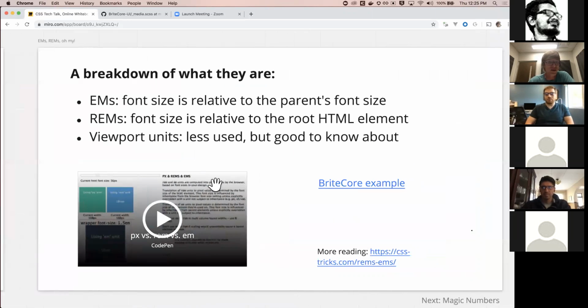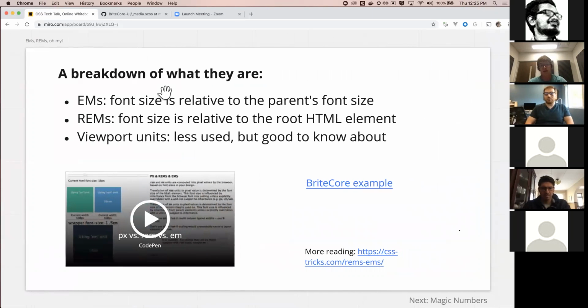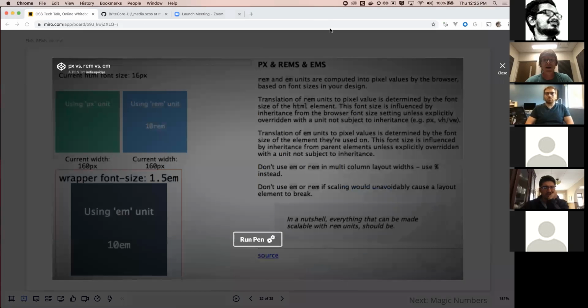So what are these units? It's kind of weird, right? If you've never seen these units, this will probably be kind of hard to wrap your head around. But the important thing to know about EMs is that they are relative. It's a font size measurement, right? Or it's just a measurement for anything. So if you said width 1em, that's how you would write it. And it's relative to the parent's font size. We'll explain more about this in a second. I've got an example, so if you don't know what that means, it's okay. And then REMs are relative to the root HTML element. So if we look at this CodePen here,